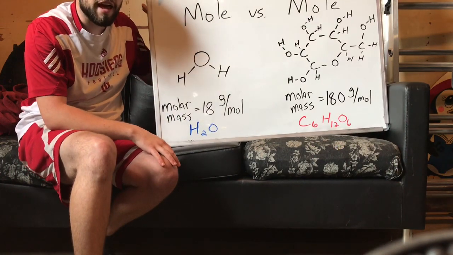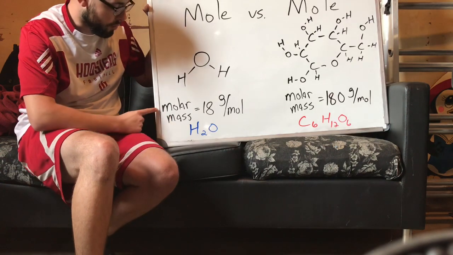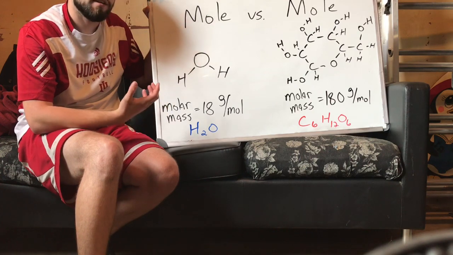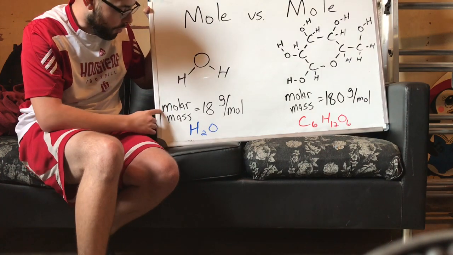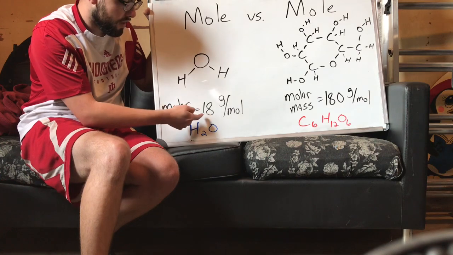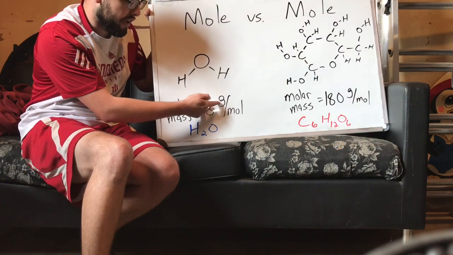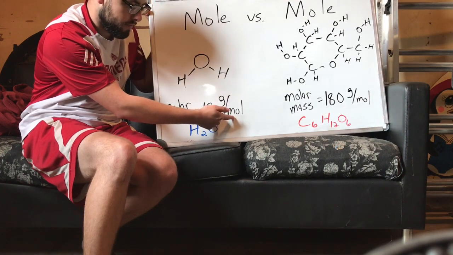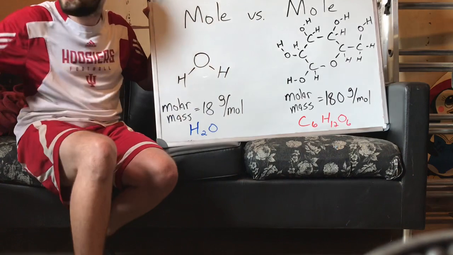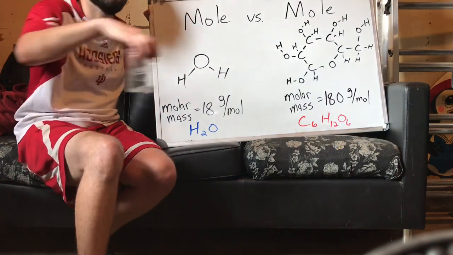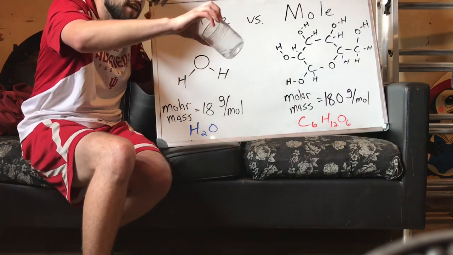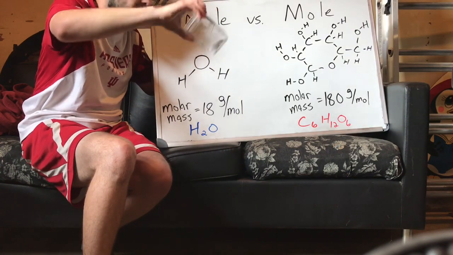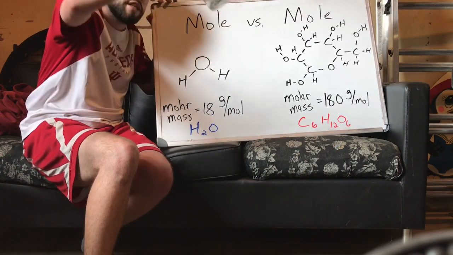This is a little bit of a look ahead for tomorrow's lecture, but we're going to learn how to do something called the molar mass. It's the mass of 1 mole. So the molar mass of water is 18 grams per mole. That means that in 1 mole of water, there are 18 grams. That's how I was able to measure out this mole. I did 18 grams of water, and I put it in this glass. 18 grams, that's 1 mole. That's why I knew that this was a mole.